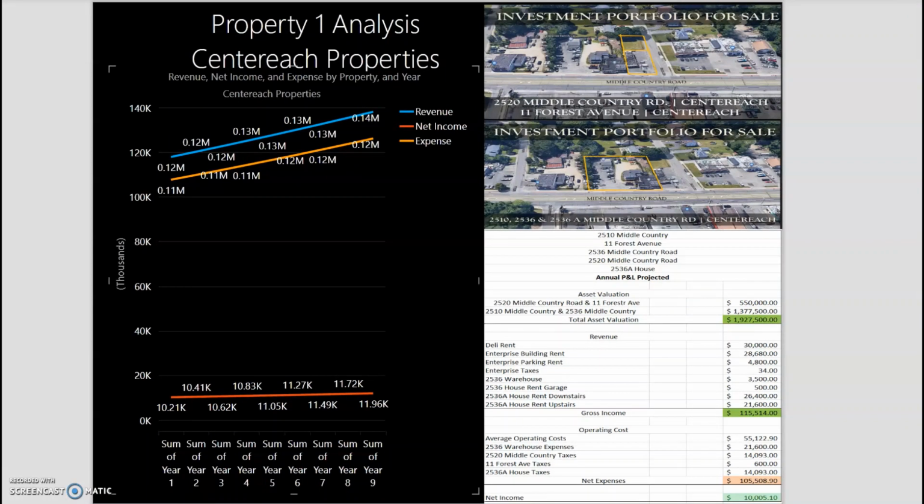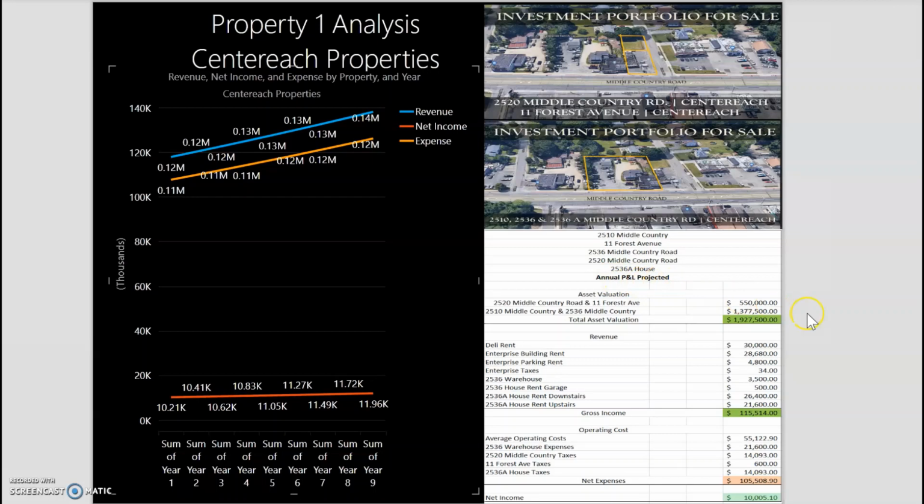Alright, so let's just dive right into it. This is property 1, option 1. These properties are located in Center Reach, that is in Suffolk County, New York. The total asset valuation as price is $1,927,500 roughly. So obviously I had to allocate the assets based on their units, which I did do here in